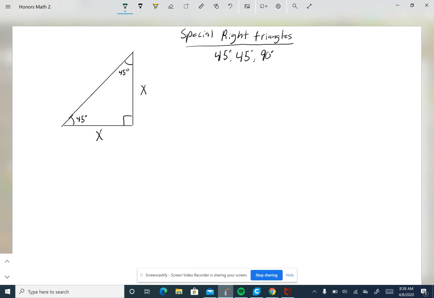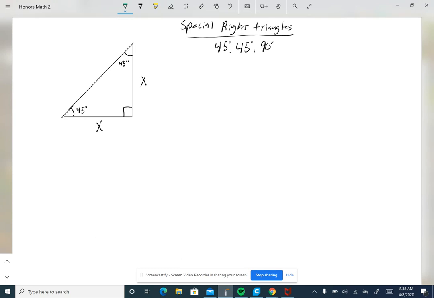Hey guys, so this video is to talk about one type of special right triangle, okay? And so special right triangles, there's going to be two kinds we talk about, and they're just triangles where if we know they have these certain angles, then they always have these certain side ratios, okay? And so the first one's the 45, 45, 90, and that means that if you know you have a triangle